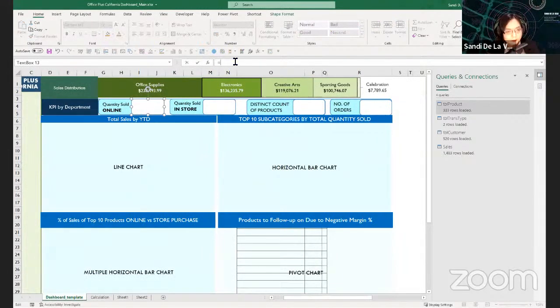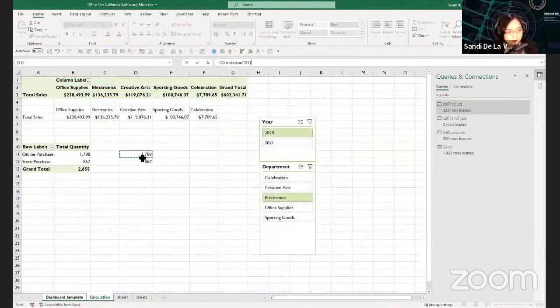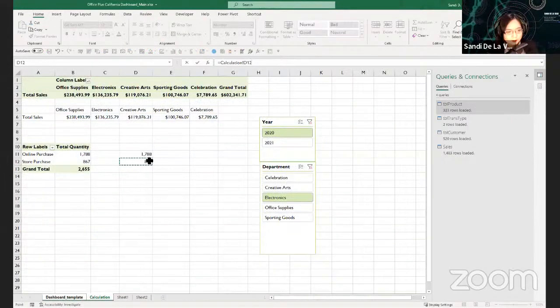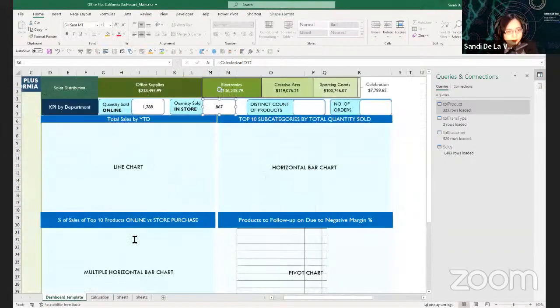For example, equals, this is online, right? Yeah, equals D11. So that's the quantity sold for online. So do the same for the other text box. Refer to the calculation D12. So now we can change it using this slicer. It will calculate dynamically based on our filters.